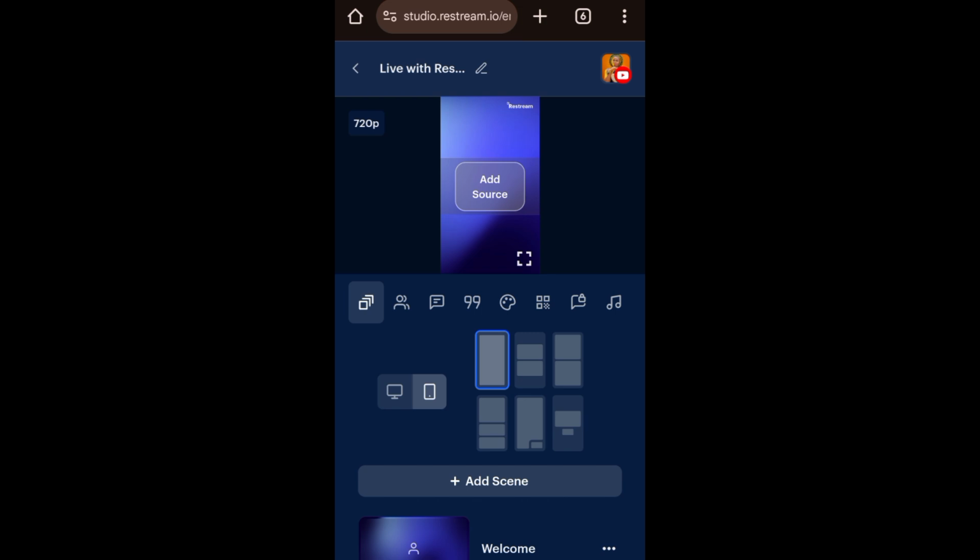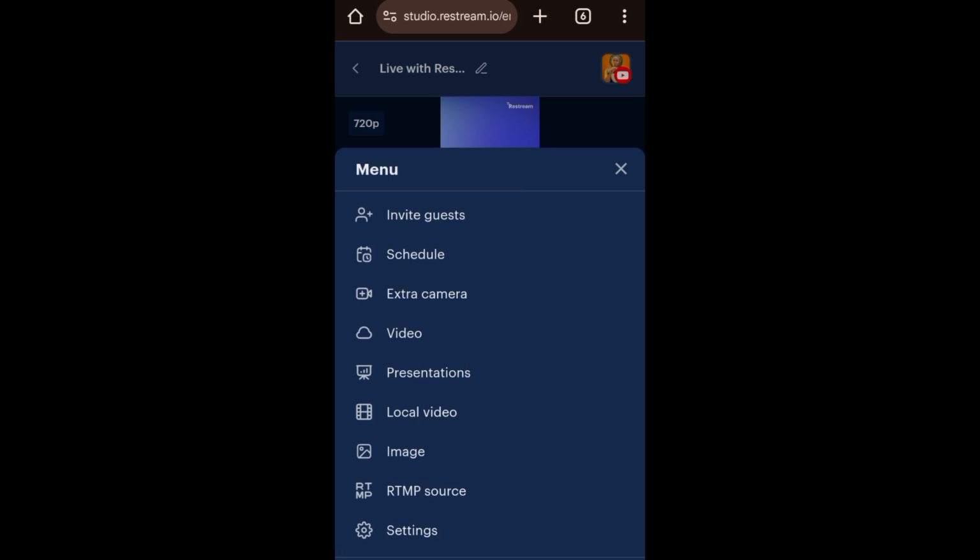It's on portraits. You want to restream using the portrait mode, right? You're not inviting any guests, you're not using the one that is two in one. You're just going to leave it at portrait. Now, when it's like this, go ahead and click on add sources, and then you're going to have this drop